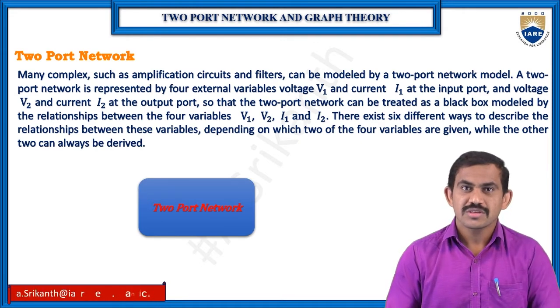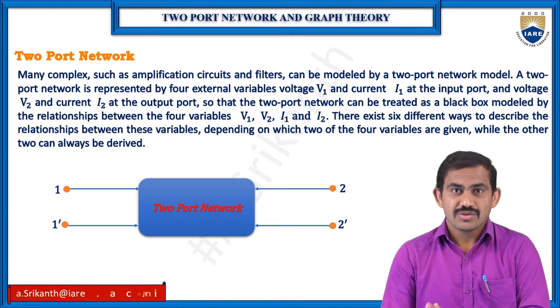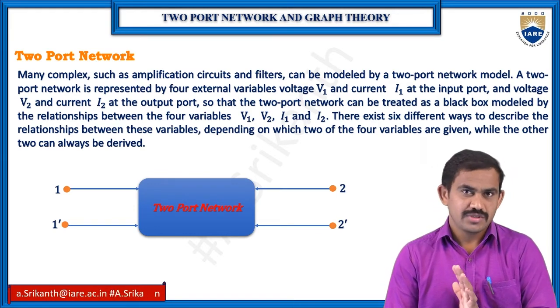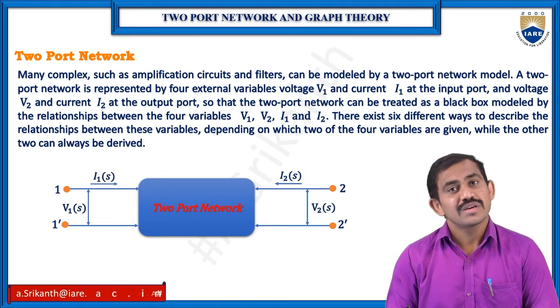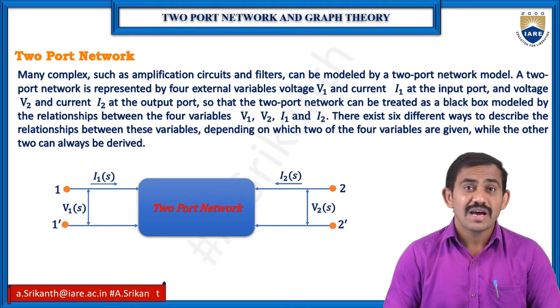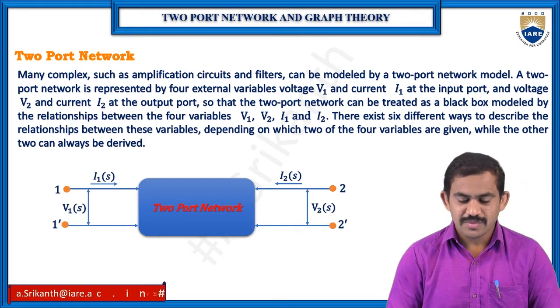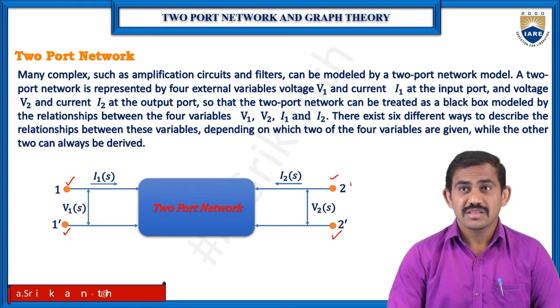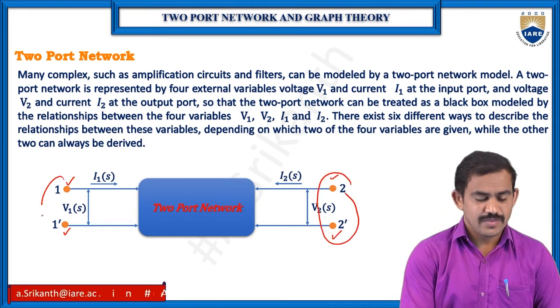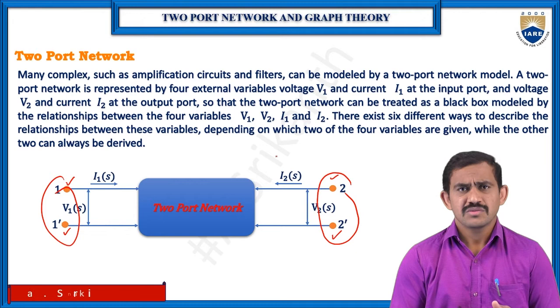In the name we have two ports, primary and secondary. The primary is our input and the secondary is our output. On the primary side we have voltage and current, and on the secondary side we have voltage and current. So how many terminals do we have in total? Four terminals. A two-port network means we have 4 terminals. If you observe here, terminals 1, 2, 3, 4. These are secondary and these are primary. You can select input, otherwise output. So this is our small information on the two-port network.